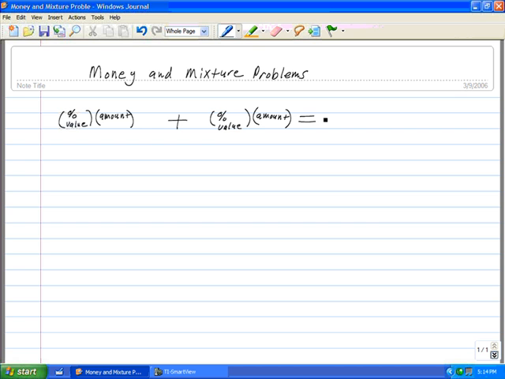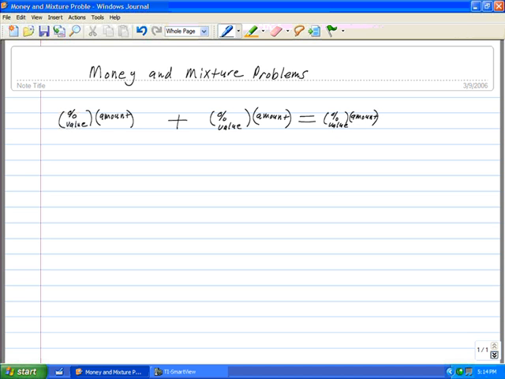When we mix these two ingredients together, we're going to get a mixture that again has two components. They will not always give you these two components. Sometimes they'll just give you the product of these two components. But either way, there's going to be an amount and an associated percentage or value,